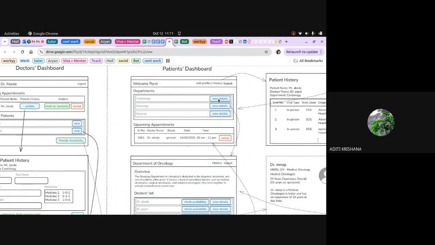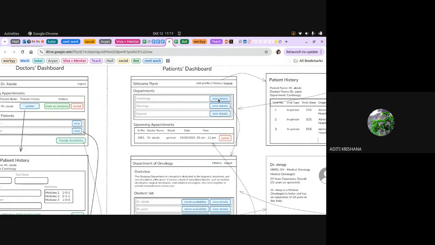That HTML page will show the name of that department. Use Jinja to show the name and description of the department, and then show a table of all the doctors that come inside that department. In table format, you will show department dot doctor dot id and whatever you want to show, such as the name, then the availability or details like this. So in this way you have to do it.